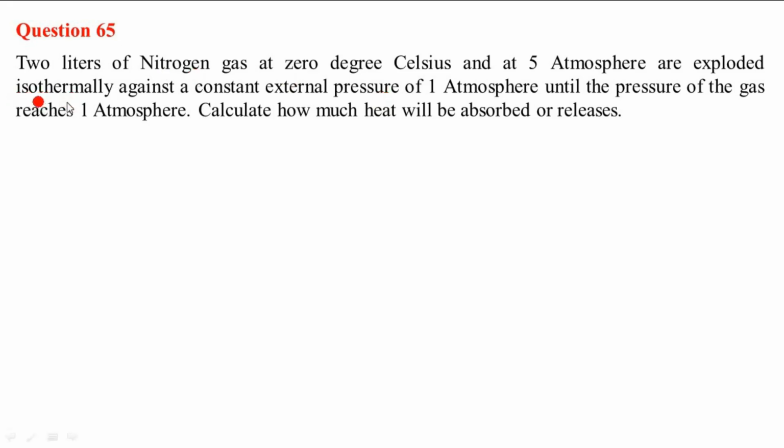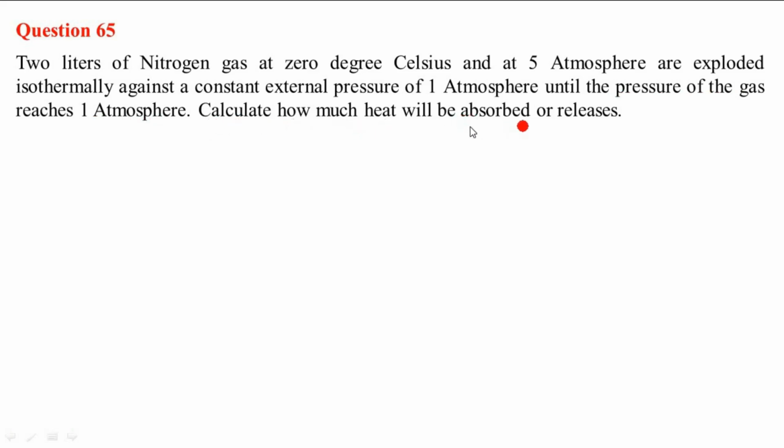That means it is an isothermal process, a constant temperature process, and here we have the irreversible because we have the constant external pressure. In all questions where you see a constant external pressure process, it is irreversible. They are saying until the pressure of the gas reaches 1 atmosphere,